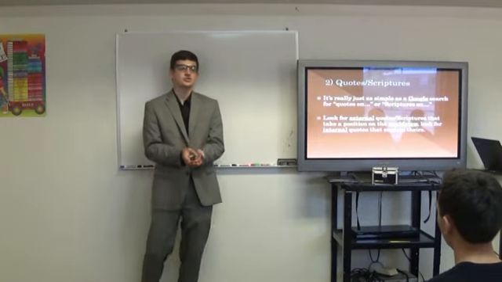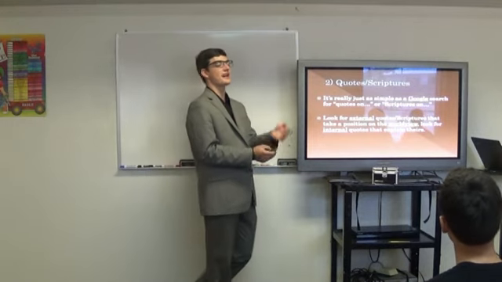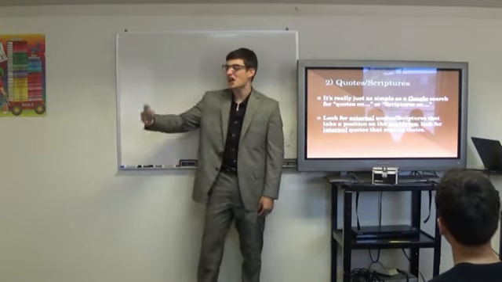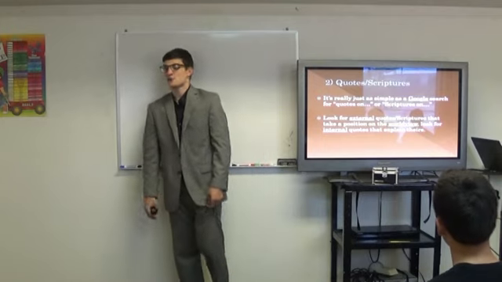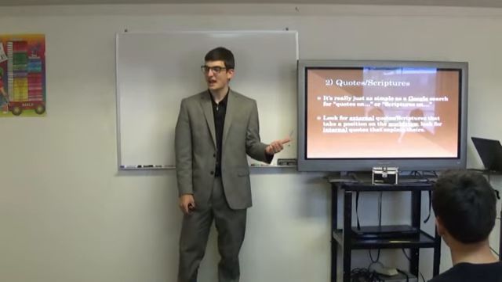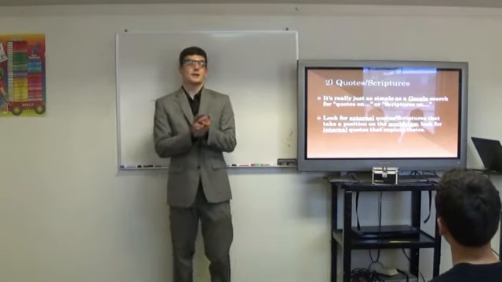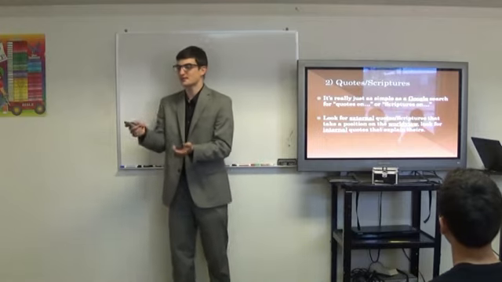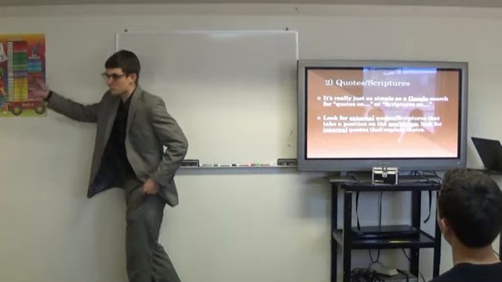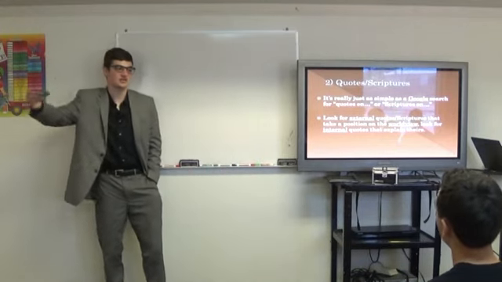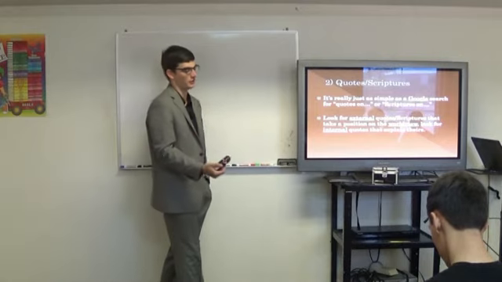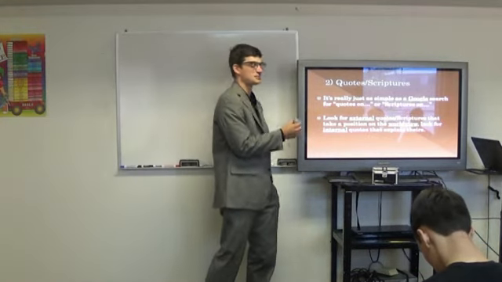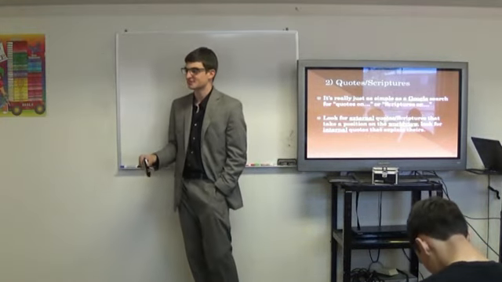However, if you're trying to find external quotes, you want to not only have somebody make a claim, but also have justifications for why that claim is true. If you remember that Martin Luther King quote that I had, it didn't just say sacrifice is necessary for human progress, but it also gave the reasons why that was true. It gave the backing for his theme, it gave the backing for his worldview. So make sure your internal quotes explain and your external quotes justify.